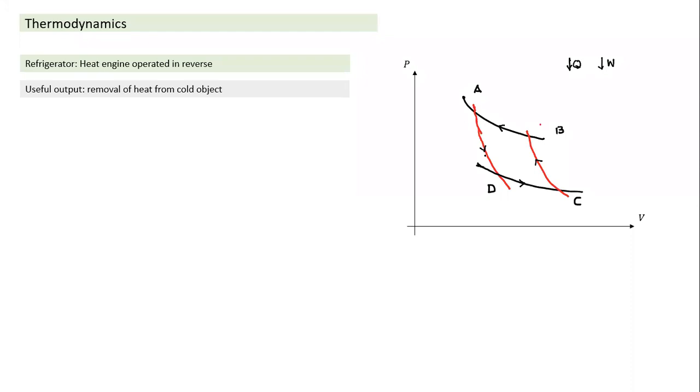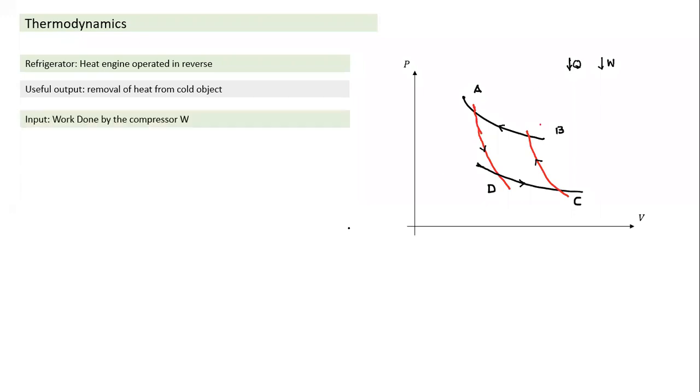So when you operate a refrigerator, you notice here near the refrigerator, if you look at the whole thing, that's why sometimes we ask the question: if you have a refrigerator in the room, and if you keep the door open also, what will happen to room temperature? Room temperature will rise. Why will room temperature rise? Because in the refrigerator, dQ for the gas is negative. Gas doesn't receive heat, gas rejects heat. So it's the reverse of a heat engine.